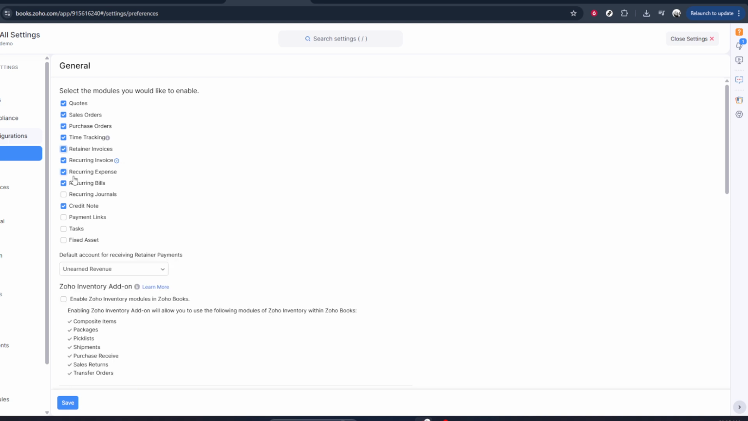Here is where you can enable retainer invoices for your organization. Depending on your version of Zoho Books, you may see a toggle or checkbox that lets you activate this module. Turn it on and review any additional fields or options that appear, such as naming conventions, numbering formats, or default terms for retainers. After adjusting everything to match your business needs, make sure